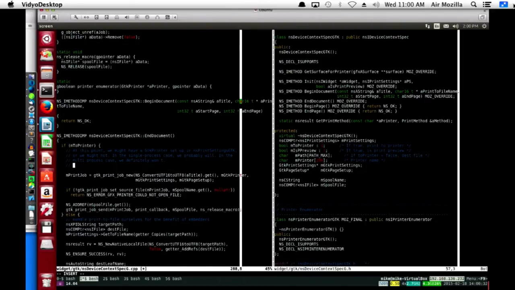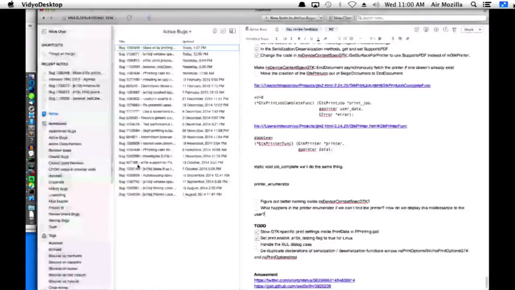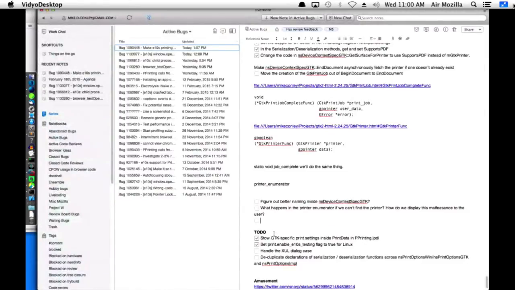To do: flesh out the comment in NS device context spec GTK and document, clearing up what the hell is going on.